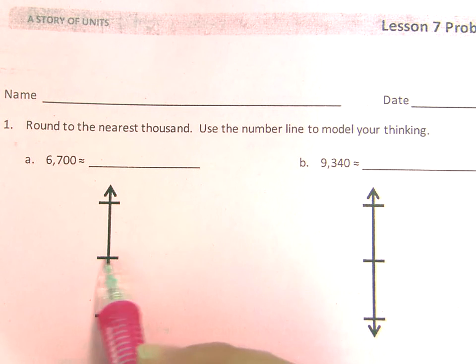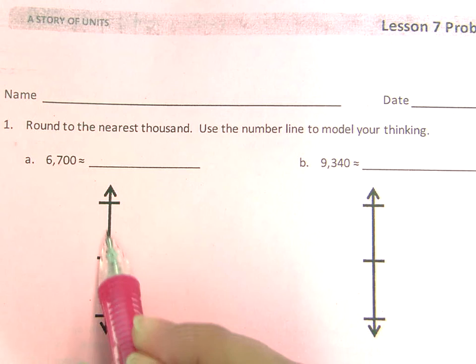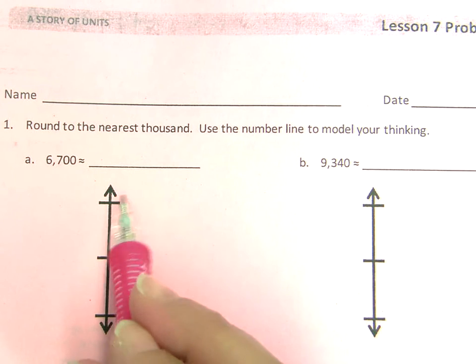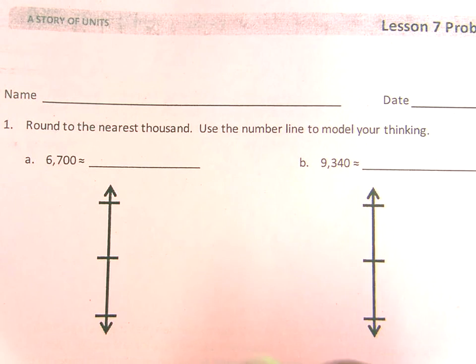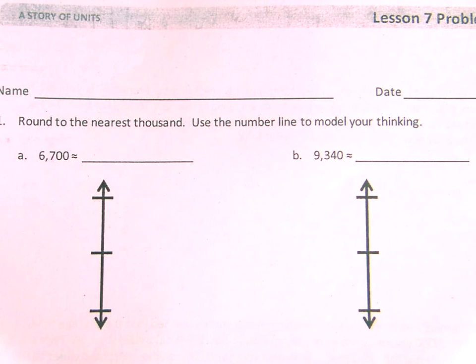If it's less than that middle number, it's going to round down. If it's higher than that number, we are going to be rounding up. So today's lesson asks us to round to the nearest thousand and use the number line to model our thinking. Okay, so we are starting with 6,000. If we round to the nearest thousand,